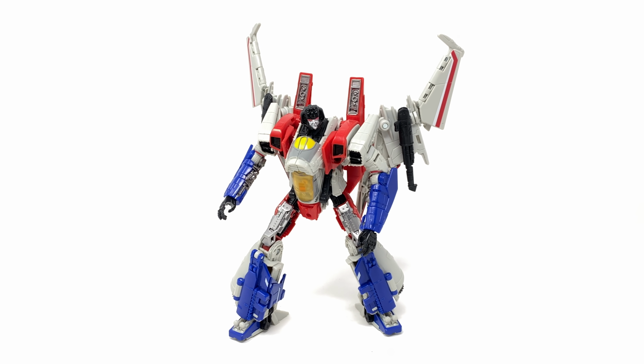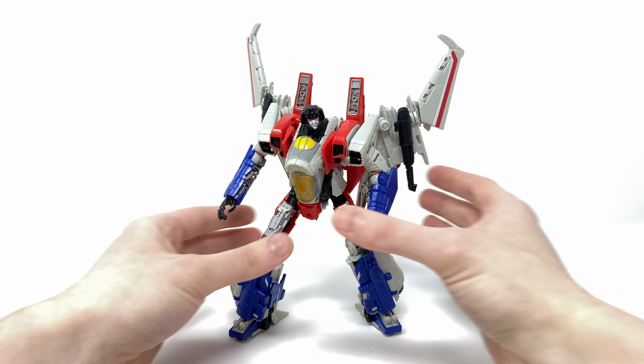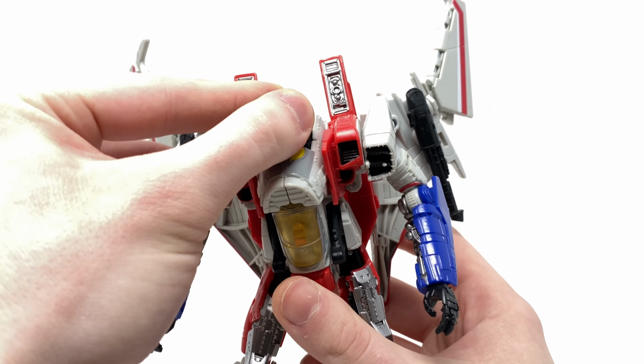worth noting is that this figure has the most parts count I have seen on a Studio Series Voyager class figure, so I am pretty certain that we are going to be getting multiple repaints of this character into Thundercracker and of course Skywarp. Taking a look here at the details, you can see that Hasbro have done a terrific